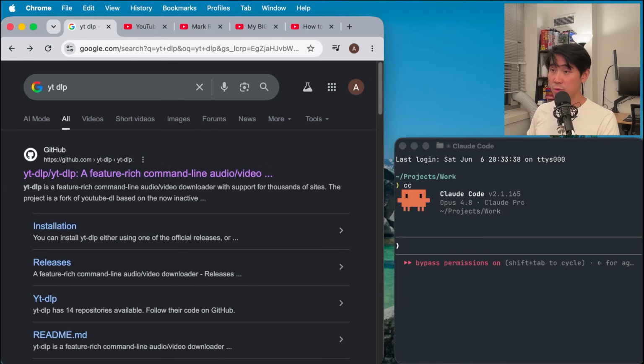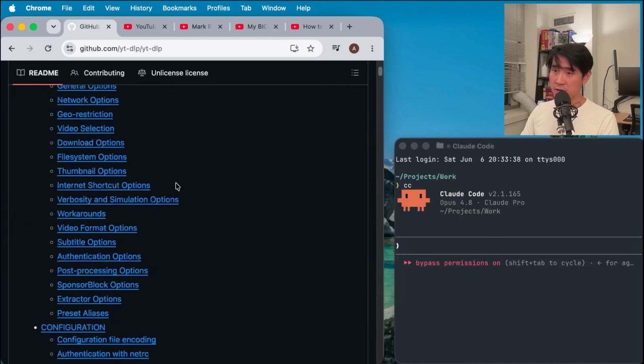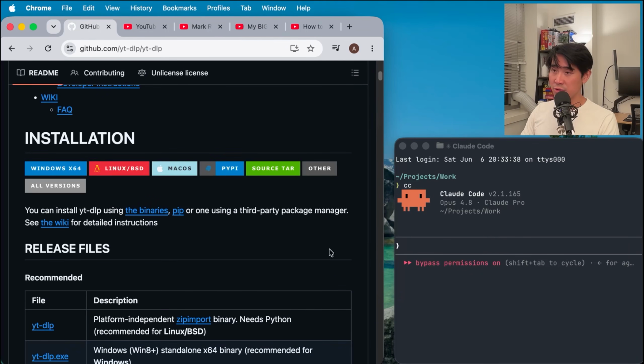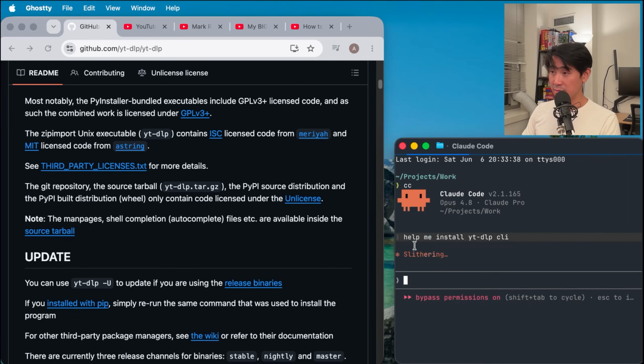In today's video, we're going to talk through a new tool that you can use with Claude Code to get quicker insights from YouTube. It's called yt-dlp, and you don't need to know all the details about this GitHub repo. There's enough training data that if you tell Claude Code to install this, it should be able to install it